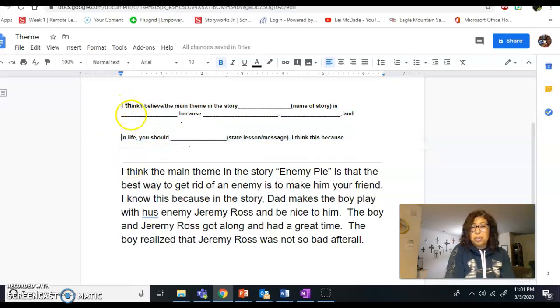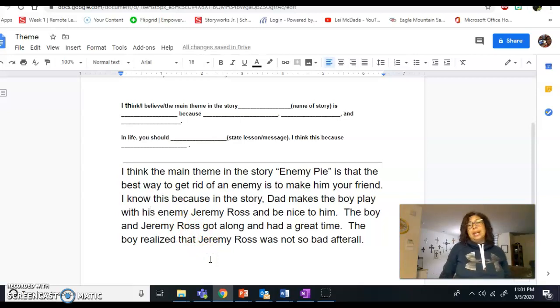So I used this first example, and I said, I think the main theme in the story, Enemy Pie, is that the best way to get rid of an enemy is to make him your friend. I know this because in the story, Dad makes the boy play with his enemy, Jeremy Ross, and be nice to him. The boy and Jeremy Ross got along and had a great time. The boy realized that Jeremy Ross was not so bad after all, okay?